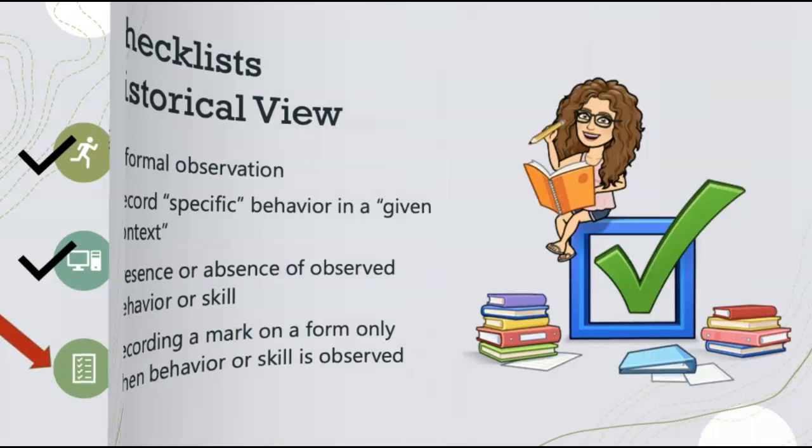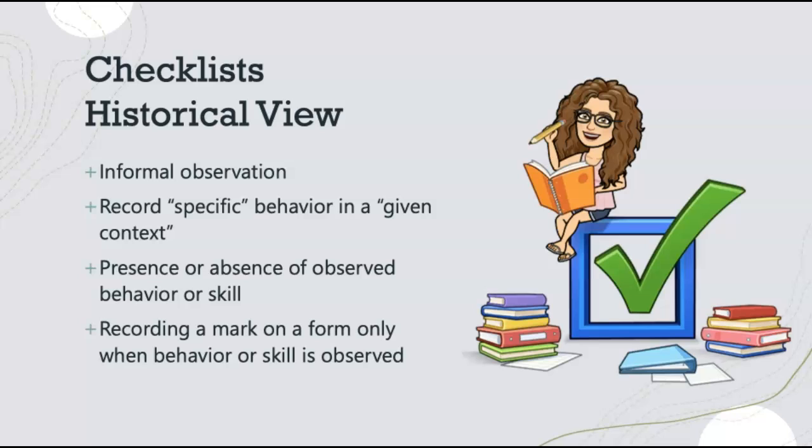Let's take a look. A checklist is an informal method in which the observer denotes the presence or absence of something on an observation sheet. They are used to record the occurrence of specific behaviors in a given context. The key words are specific, behavior, and given context, meaning at least some of the behaviors on the list will likely occur in particular settings and situations. Items may only be checked off if the observer sees the child perform the behavior. A checklist has to be created ahead of time before you begin to observe. However, they are not time-bound.